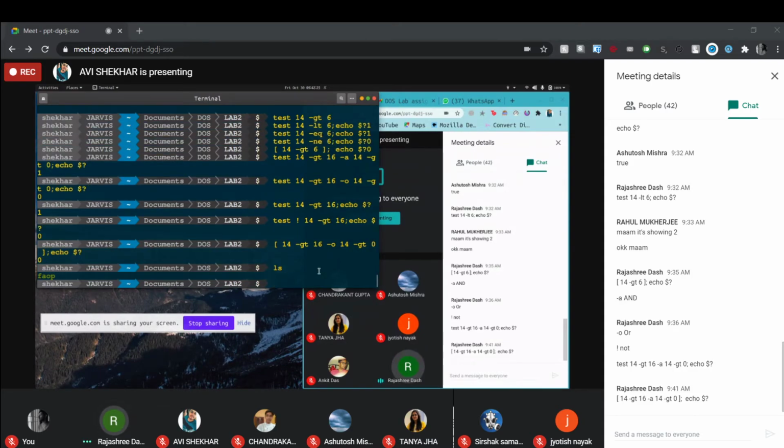Now write there cp, the copy command, FAOP space, give any other name.